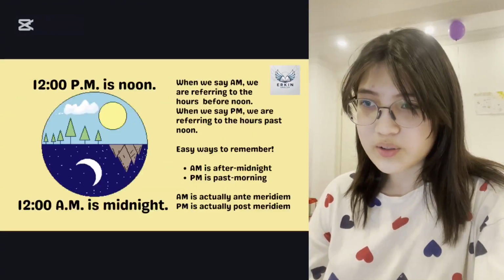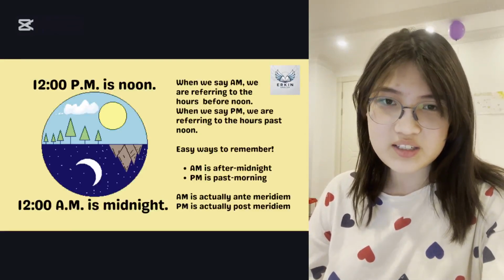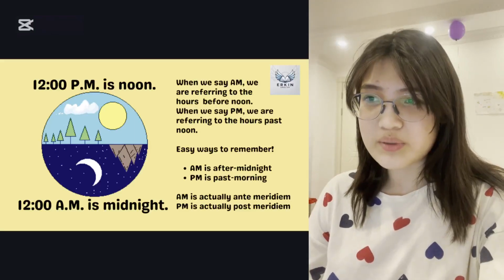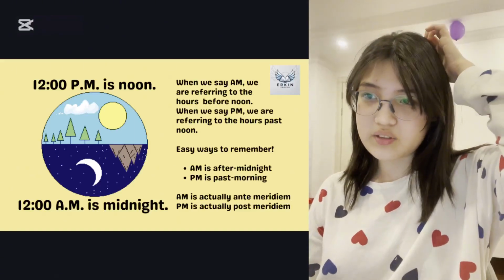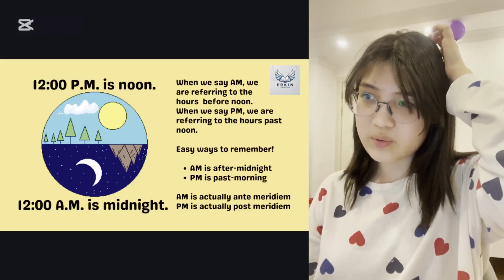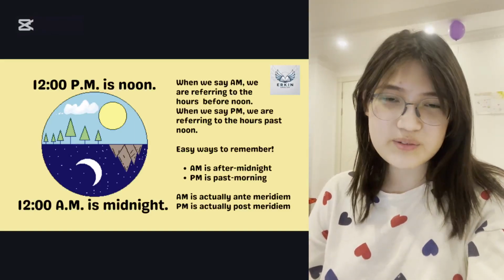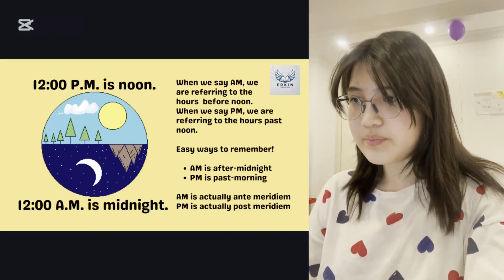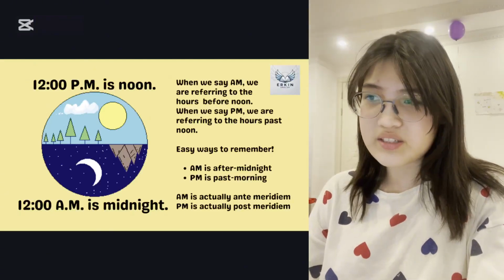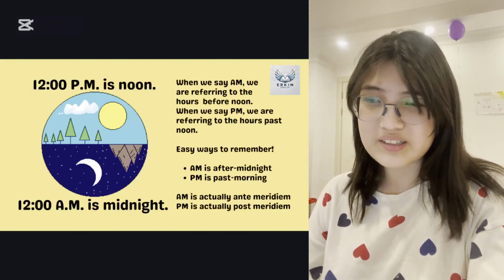Because both clocks only have 12 hours, when the amount of hours in a day is 24 hours, we need to split them up into two, into PM and AM, where 12 PM is noon and 12 AM is midnight. So when we say AM, we are referring to the hours before noon, which are basically the morning and daytime. But PM, we are referring to the hours past noon, which are the afternoon, the evening, and later into the